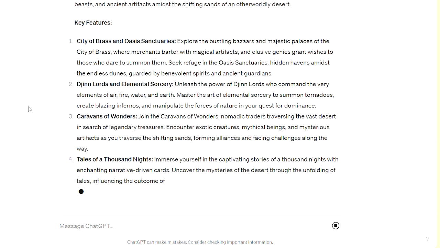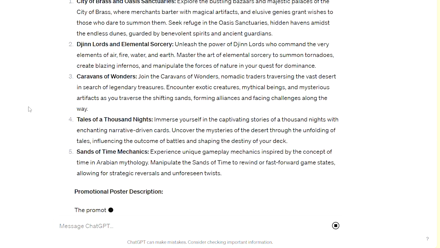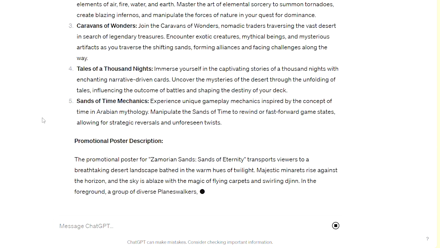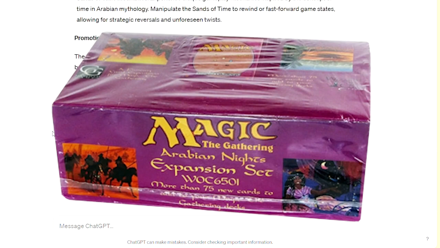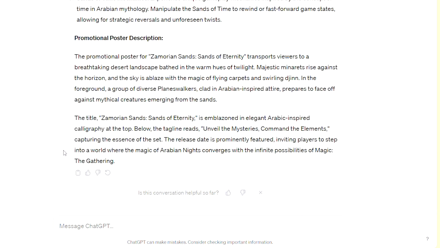And Zamorian Sands is an Arabic themed Magic set. It even says it's an Arabian Nights inspired mythology, so maybe this could be like a sequel to the actual set Arabian Nights. But again, it gives us all these details about the set and our promotional poster description,